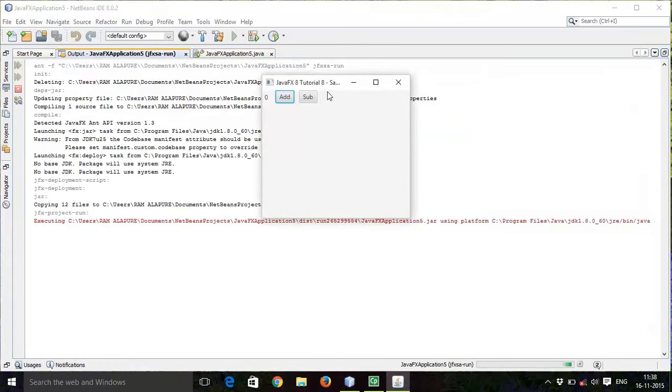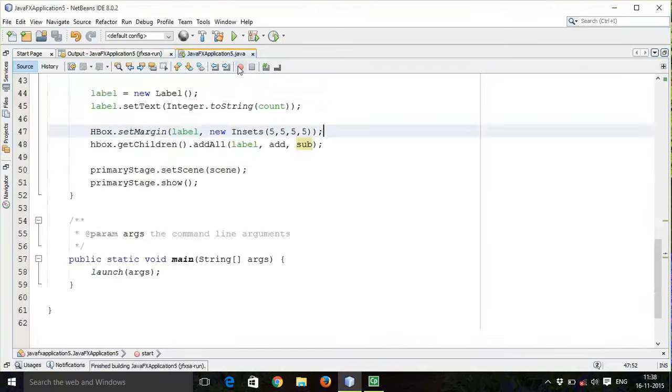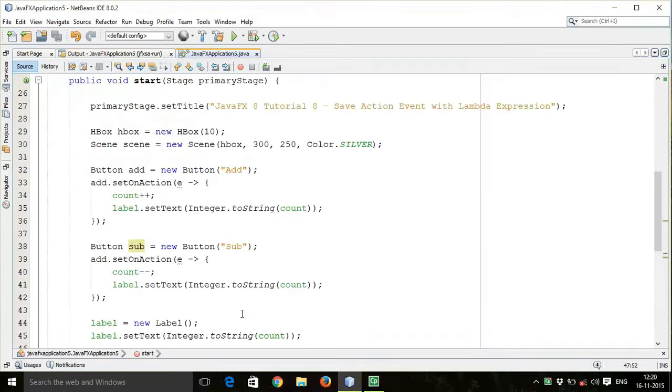So here is our simple increment decrement program with a button action method using a lambda expression. So there is some mistake. So here is the problem. This is subtract.